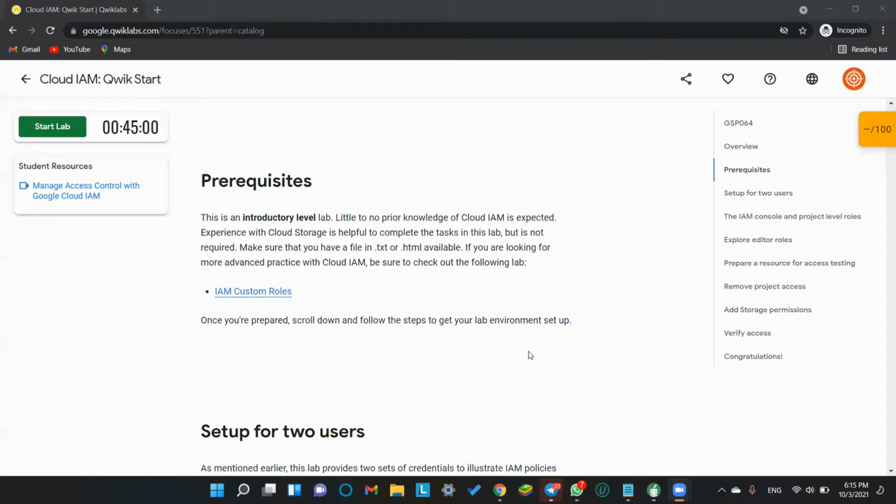We will also look at where it is useful in further parts of this video, because I am also solving this for the first time. I don't know why we need a .txt or .html file. Let's check it out.